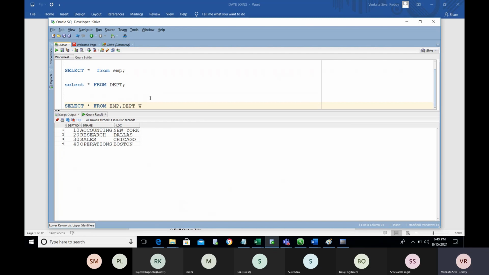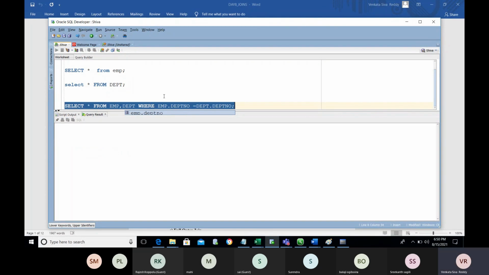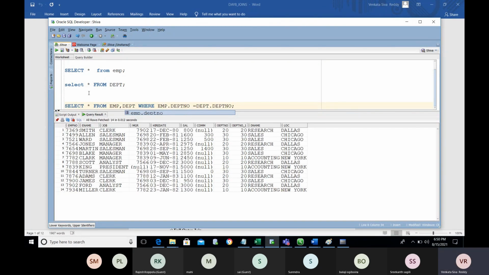So how to avoid that Cartesian join? Simply maintain a join condition. You need to find out if there is any common column between these two tables. Department, I know, right? Here there are only 7-8 columns in the table, so by looking at them I can identify. But how will you identify what the common columns are between two tables?